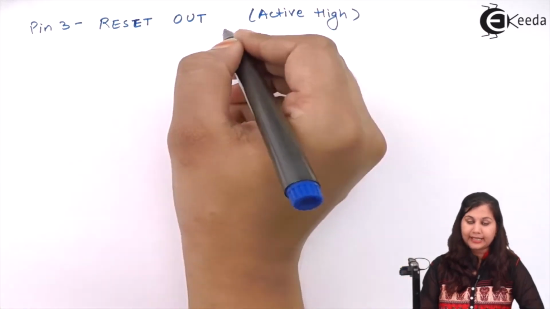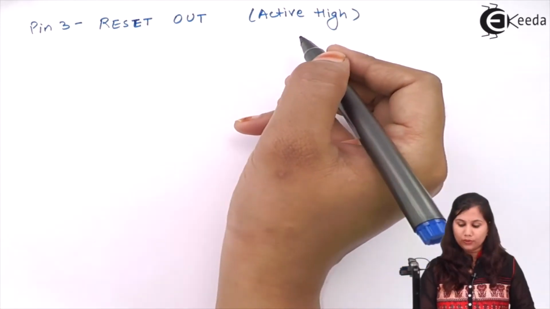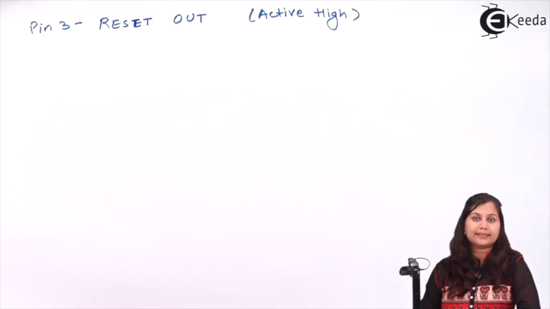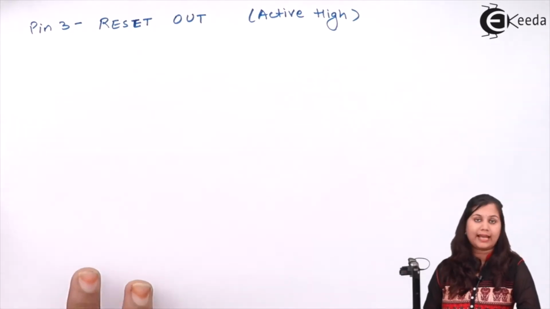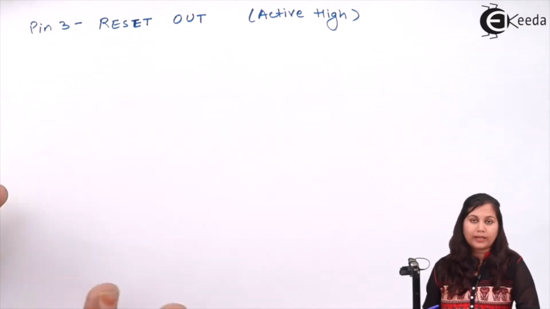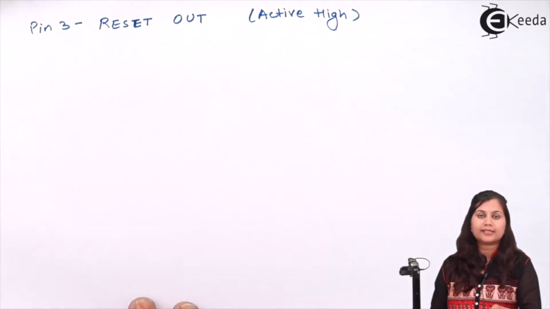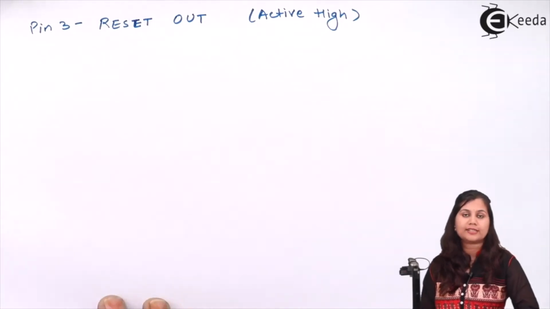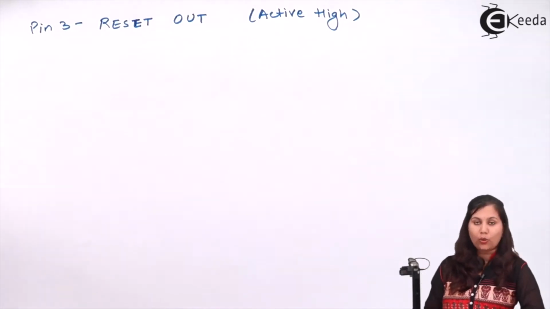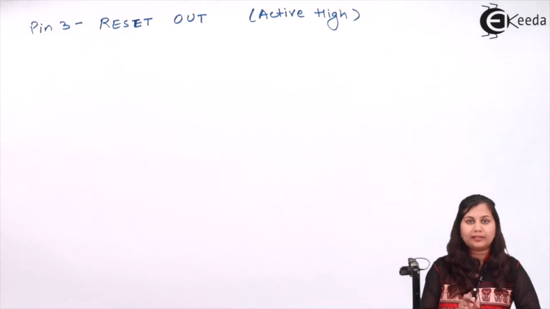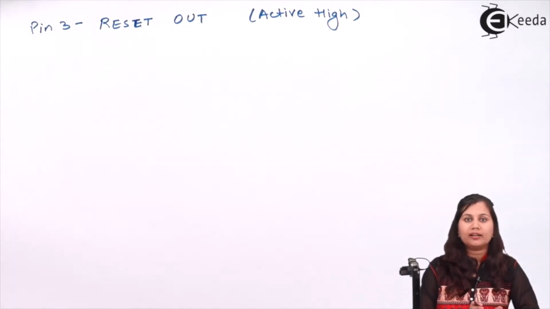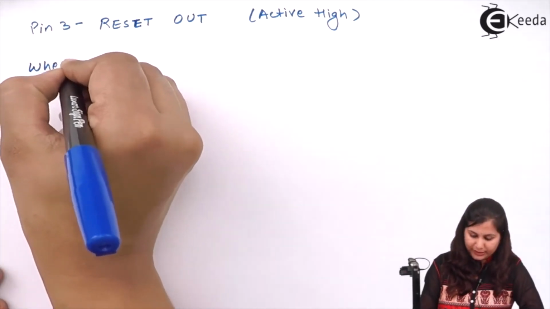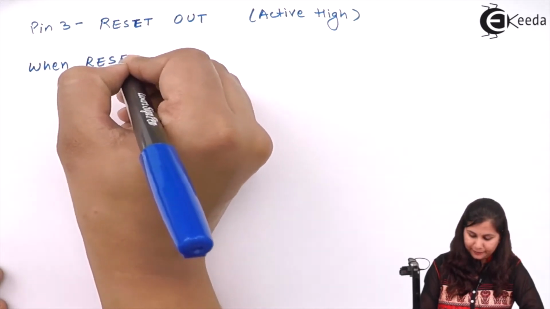It means that it is active when its value is equal to 1. So when this reset out signal is high, it indicates that the microprocessor has been reset. So all its conditions, all the registers, are brought back to position 0, and all the flag registers are also reset again. So all the components and the registers are being brought back to their original, initial conditions. So when reset out is high,